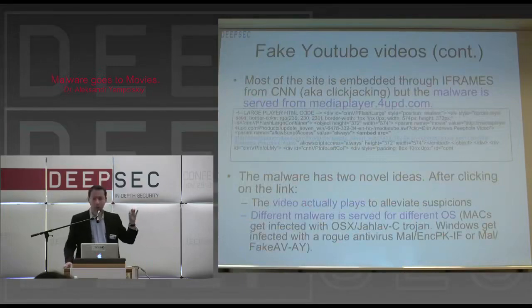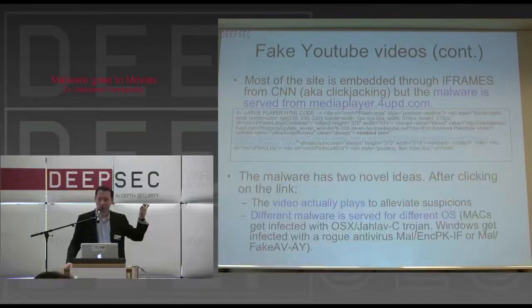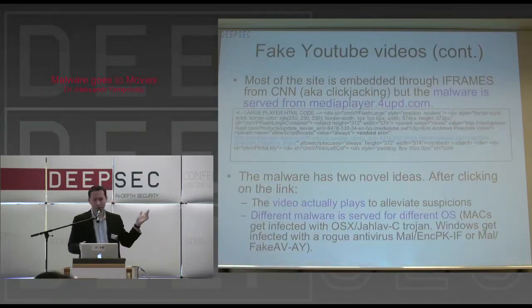First of all, typically when you click on these videos, the video doesn't play. In this case, when you clicked on the pop-up blocker, the video actually played and you saw some type of a woman undressing in a hotel room. And then the video finished playing and you went about your business. You didn't notice anything. And a lot of the time the attackers are sloppy, so the video doesn't play, so you get suspicious. Here the video played, but it also infected your computer.